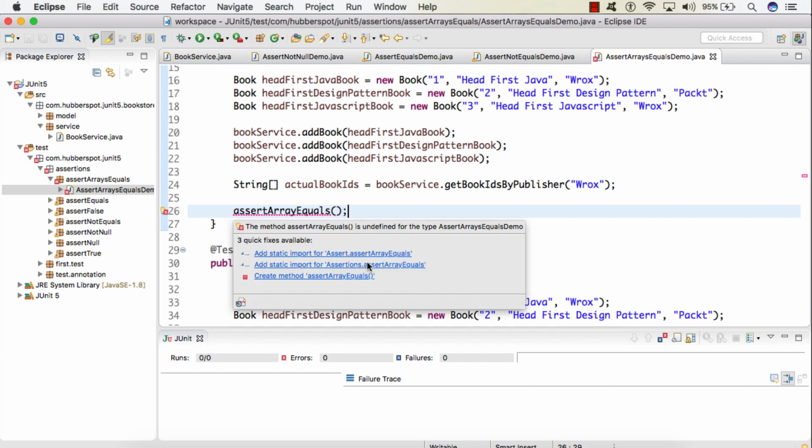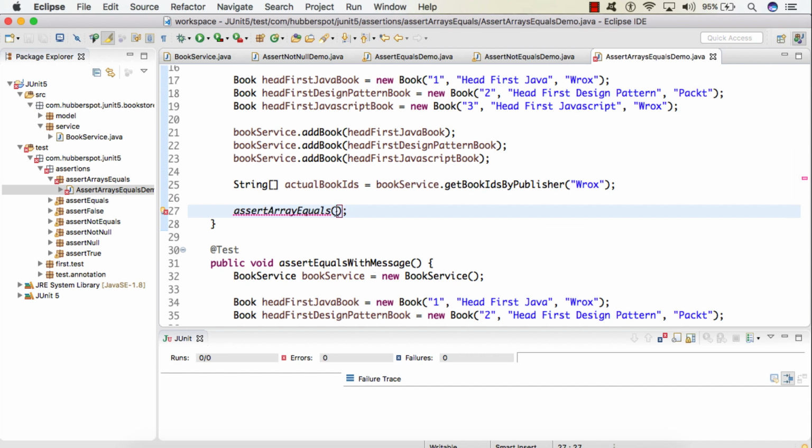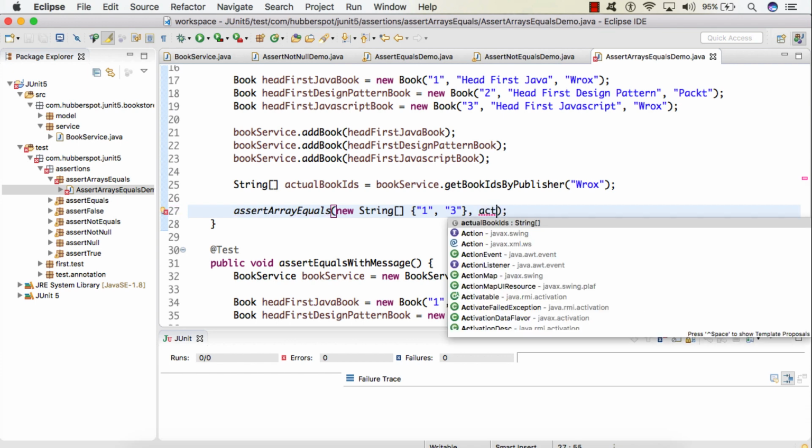So we will import the assertArrayEquals method. So friends, here we expect that this string array should have two values, 1 and 3. So our expectation is it should have 1 and 3, and we'll compare it with actualBookIDs.